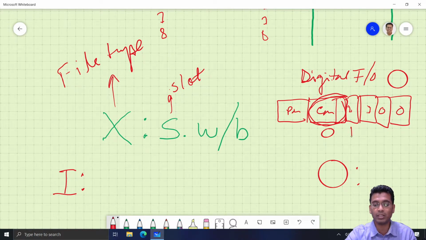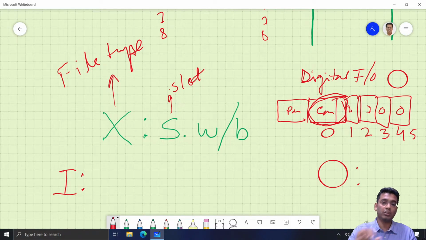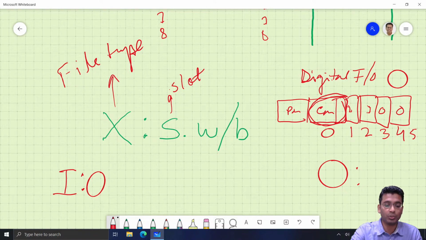Then you have slot number 1, 2, 3, 4, 5, 6, and so on, depending upon how many slots you are going for in the extension of the PLC. So here you will have your slot number. The S denotes your slot number. Since we will be working mainly with the digital part, we are only going to work with digital inputs and digital outputs. So in both cases, our slot number would be 0. So here we'll write 0, and here also we'll write 0.